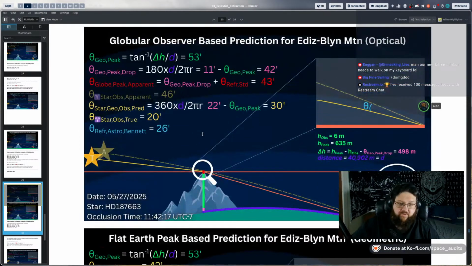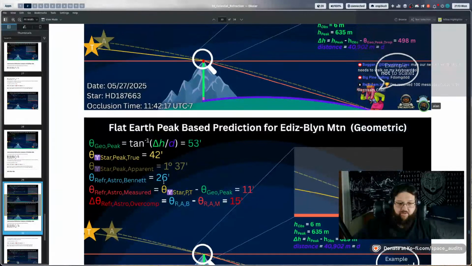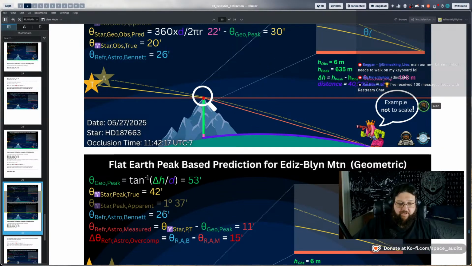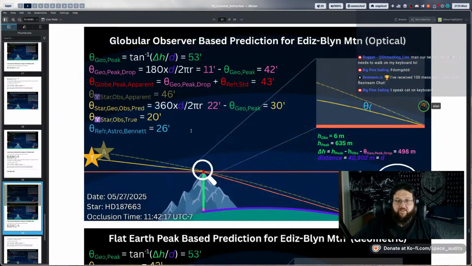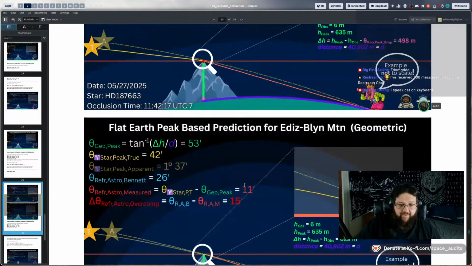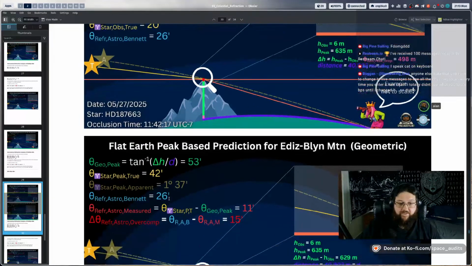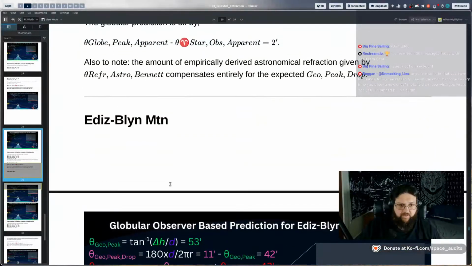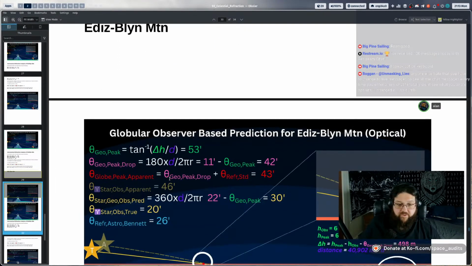So what's really interesting about this is, if you follow the 1-to-1 refraction mindset that was previously thought to be true, the star would emerge as soon as it's at 25 arc minutes below the peak, because then it's going to be above it. But what actually happens is the star has to get much closer to the actual elevation of the peak before it emerges. And that actual difference comes out to be 11 rather than the 26 or 25, which is what they would have wanted if the difference was 1-to-1.